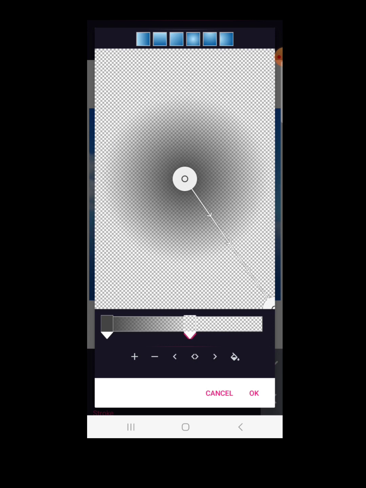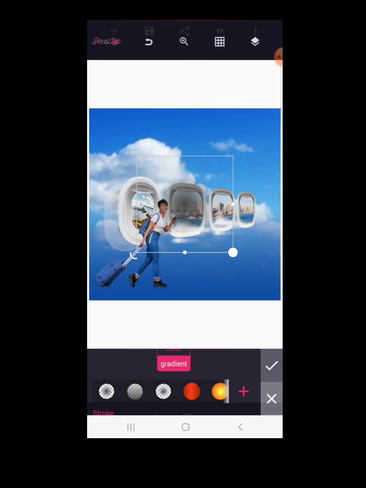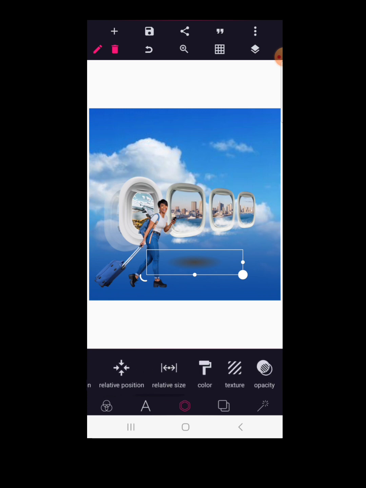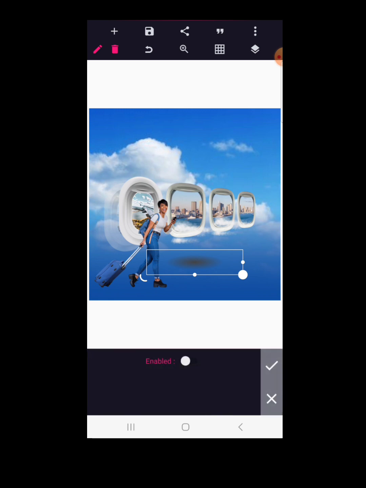Then reduce this white, move it closer to the black, click OK and click OK. Then you have your shadow, and you can compress the shadow as you want. You can play with it to make it more real, but then we want to give it a good black color. So we're going to go to color option, enable your color, choose a black color, then click on this